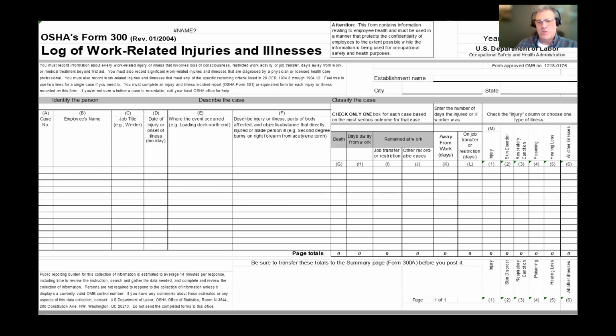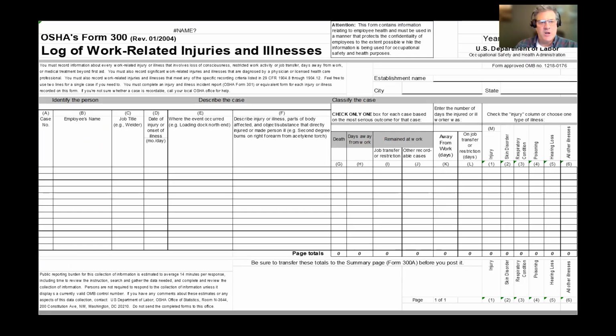So now we know the rules. Now we know what is and what is not a recordable. Now let's show you how to fill out your log. This is where a lot of mistakes are made, so we're going to spend some time on this piece of paper right here. Okay, columns A through F are the personal information of